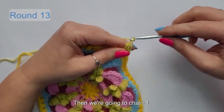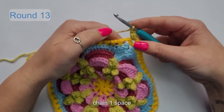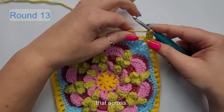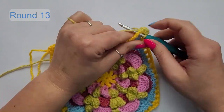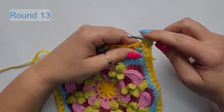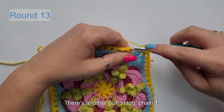Then we're going to chain 1, and we're going to puff stitch into this chain 1 space, and we're going to do that across. So done chain 1, insert, yarn over, there's another puff stitch, chain 1,